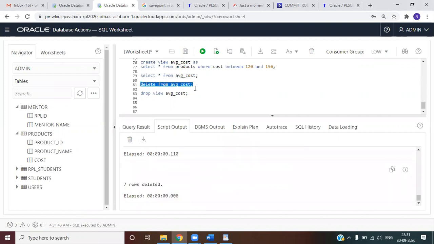Yeah, it's deleting. So it basically deletes the rows, and we'll go back to the parent table and check what shows. Start from products. Earlier, I think we had 11 records in the products table. So now the number of records in the products table is